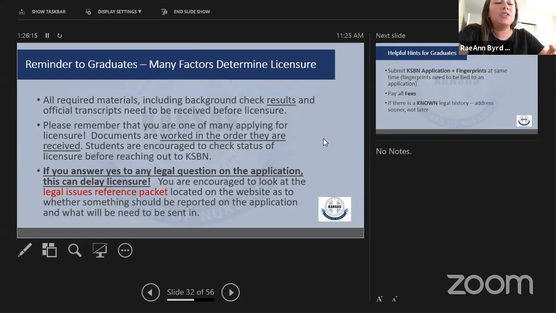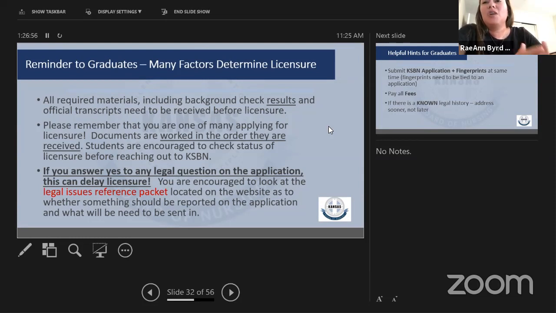So I did actually also speak to Karen McGill, who takes care of our initial applications. And what we really need to make sure is that we tell the students we do have to work everything in the order that it's received. We can't put anybody in front of anybody else, just like they can't put their patients in front of other patients. The problem is they are all graduating at the same time, so you are all sending transcripts at the same time. We can literally get 2 and 3 schools in one day, so you're talking 200 and 300 transcripts that have to be worked individually.